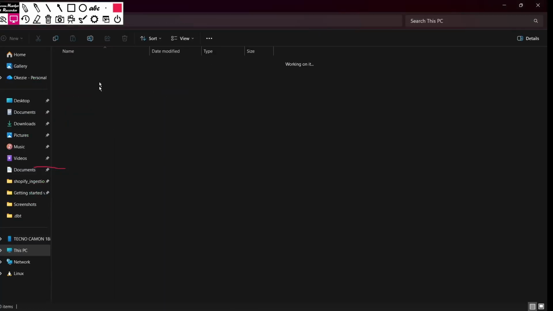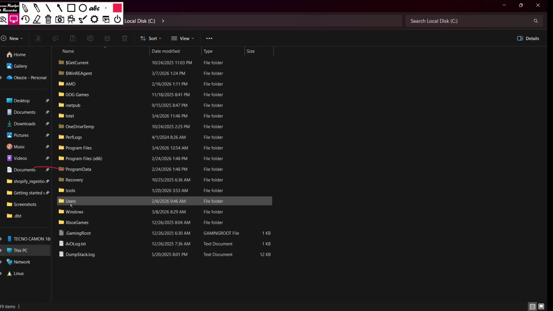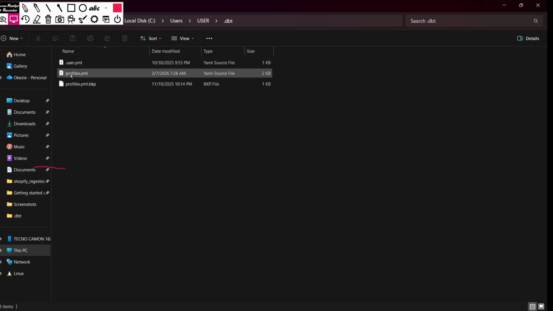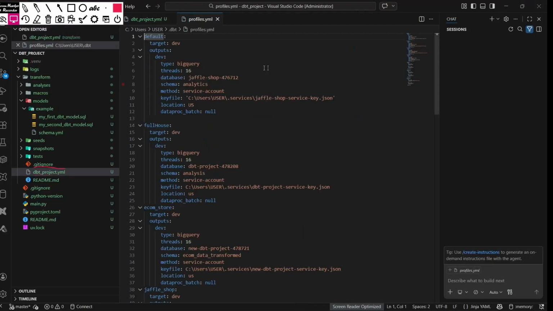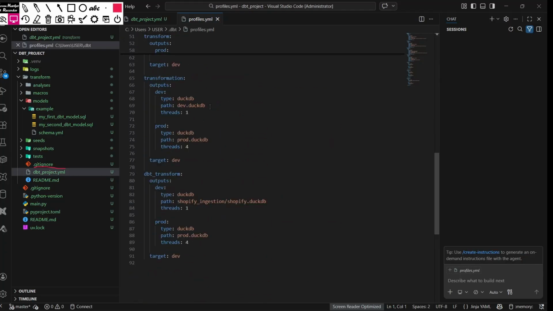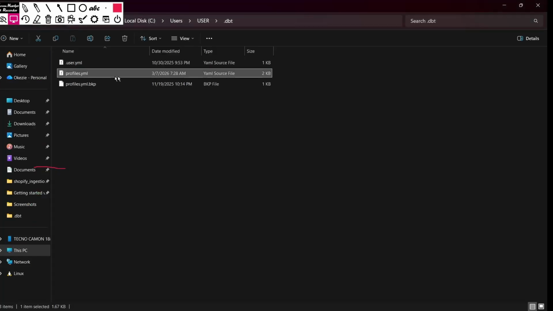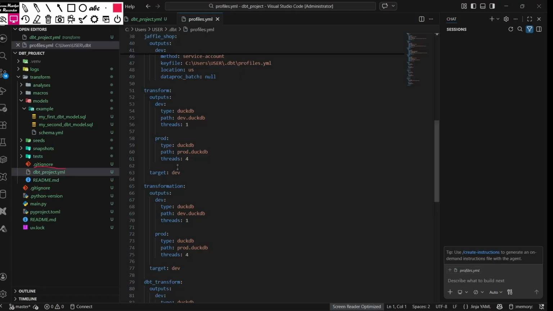So if I were to show you what that file is, it's stored inside here. This file, I didn't create it. It was just created automatically inside your system. So inside here, you can see a profile. This is inside the profiles.yml file. Inside this profiles.yml file, we have a configuration called transform, which is this. Now, the purpose of this profiles.yml file is to connect